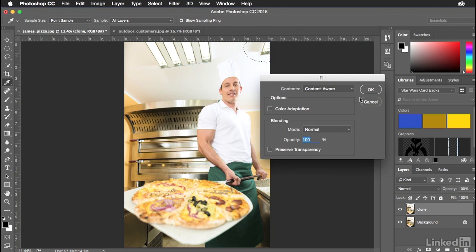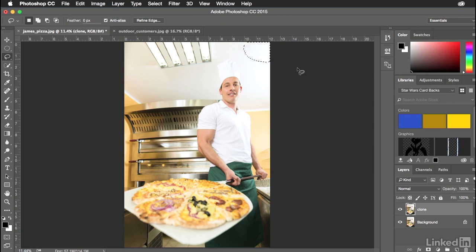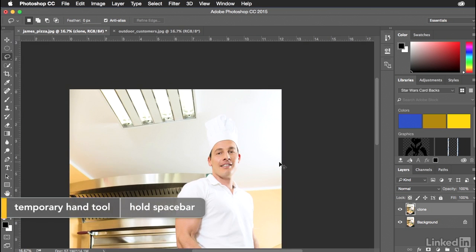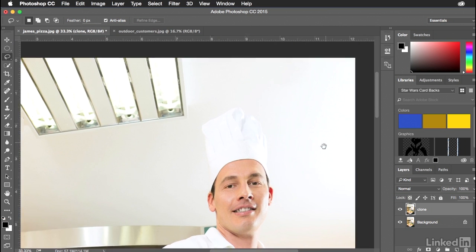And basically what this is going to do is it's going to attempt to look around the thing that you have selected. It's going to look for things like color and texture, and it's going to attempt to fill it in as best it can with what it thinks should be there if this object were removed. So when I hit OK, we don't have a light there anymore. I can press Command or Control D, and there you go. I can zoom in on this thing, and you are not going to be able to tell where that light